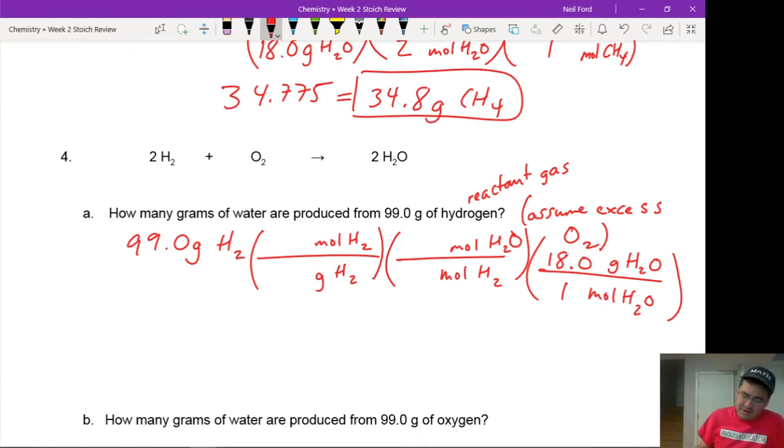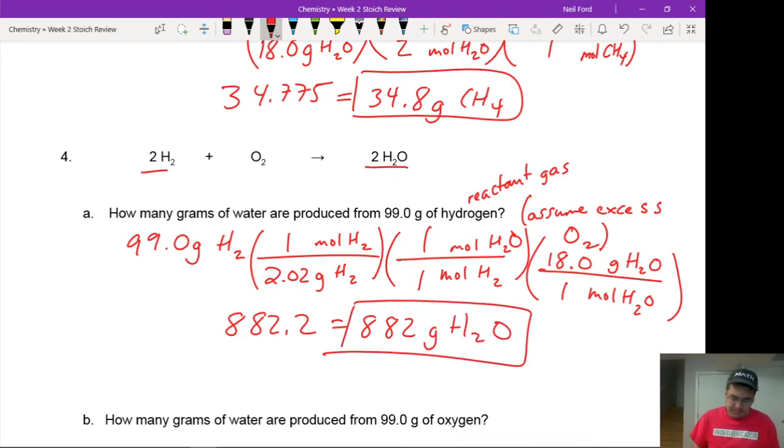The ratio of hydrogen to water is 2 to 2, which I could write as 1 to 1. And then grams of hydrogen, there are 2.02 grams in 1 mole. So 99 divided by 2.02. I don't need to do anything with the 1-to-1 ratio, so just multiply by 18. So I got 882.2, which to 3 sig figs says 882 grams